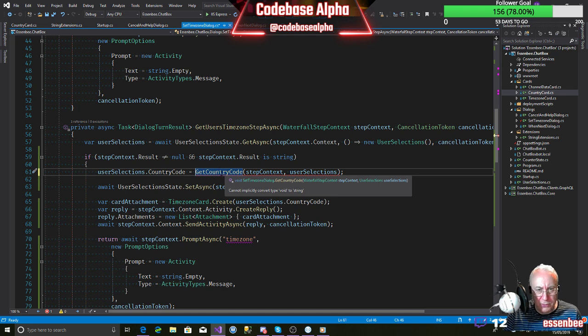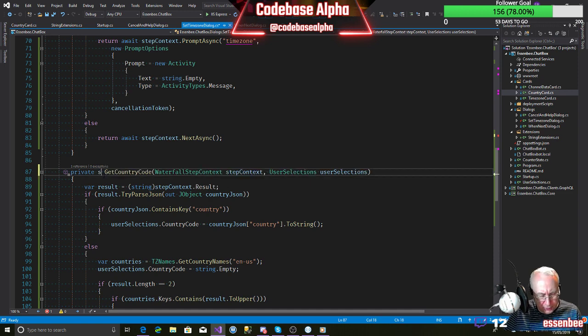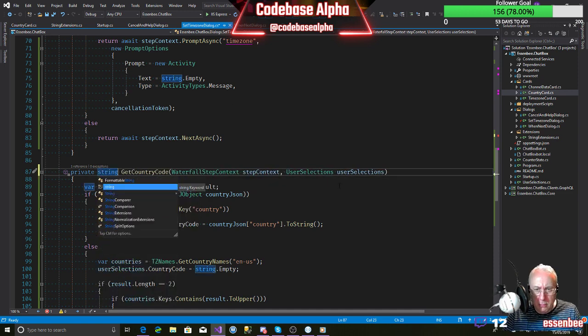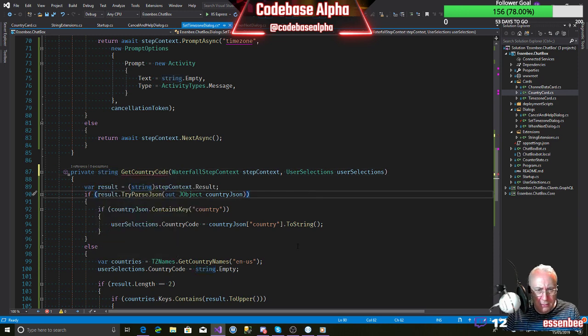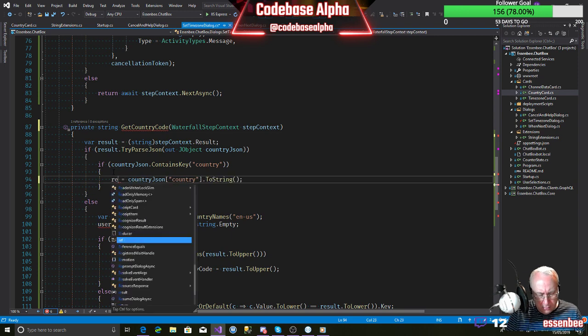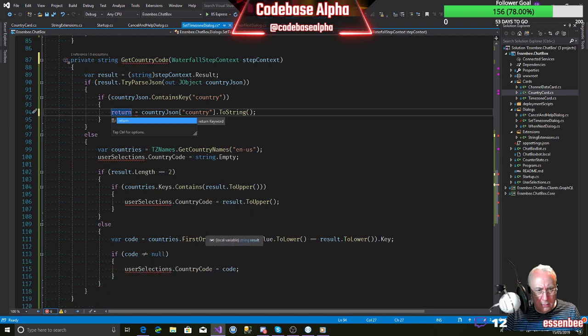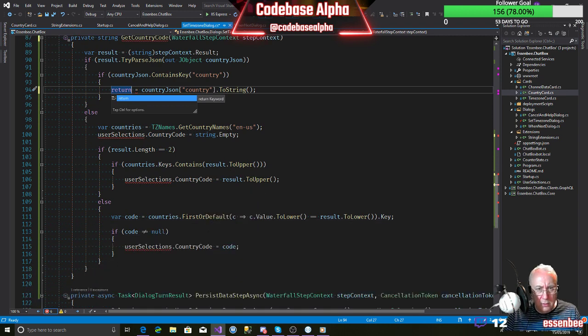So let's go and have a look at what this is doing. We won't make it static. It's going to return a string. Do we need to take user selections in? I don't think we need to take user selections in. We can simply return that. And here we don't need to do that.